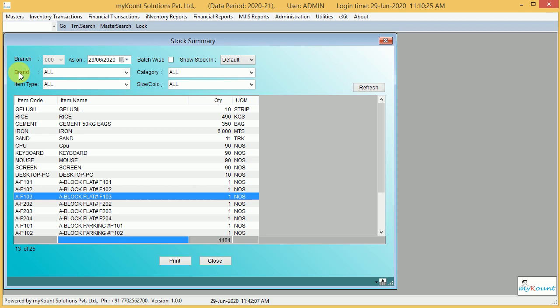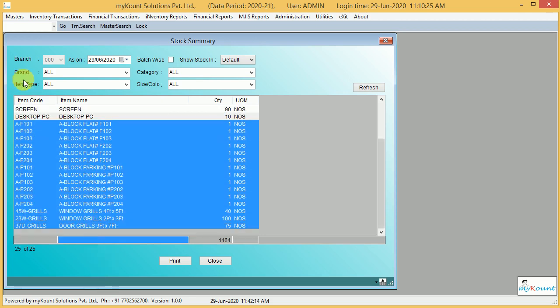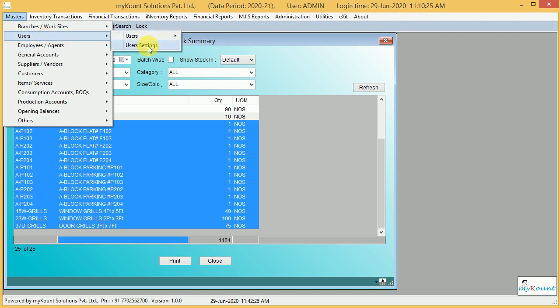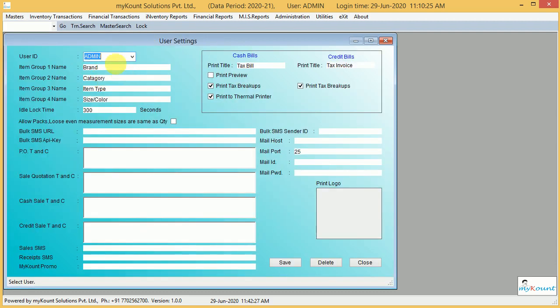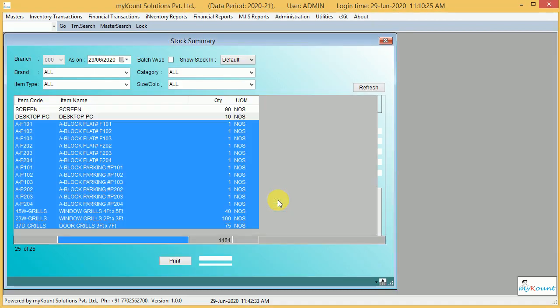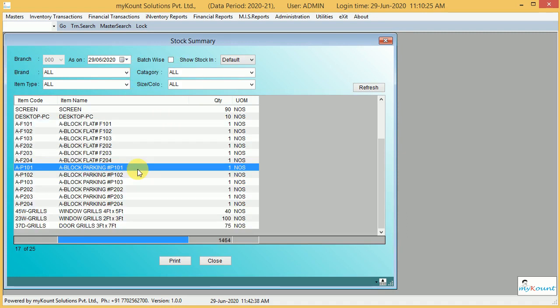Similarly, these titles will be changed: brand, category, item wise and size. For sales staff, we will make this brand as block and category as floor, and this is BHK and this is facing. So this is a very easy setting. In user settings, select the user and change these four items only. Then automatically when that user logs in, these subtitles will be changed for that particular user.